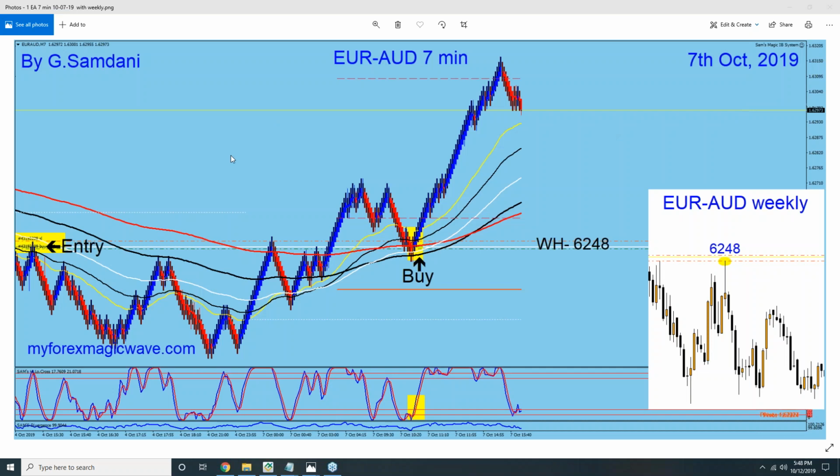So let's get started. The last week started on October 7th, right? Yeah, Monday. So on Monday, this is the first trade, Euro Aussie, 7 minute, very nice long setup just above the wave,